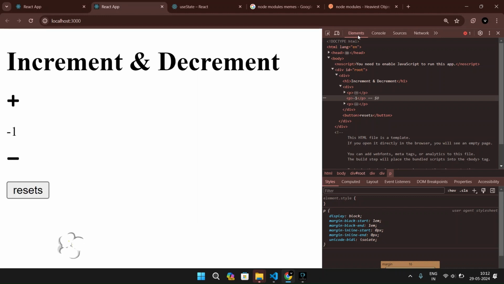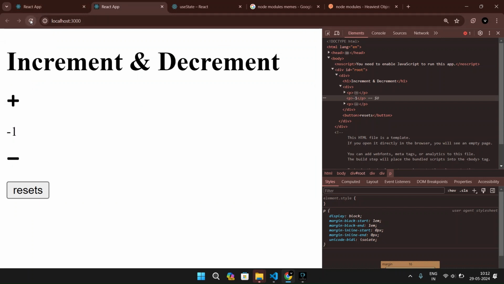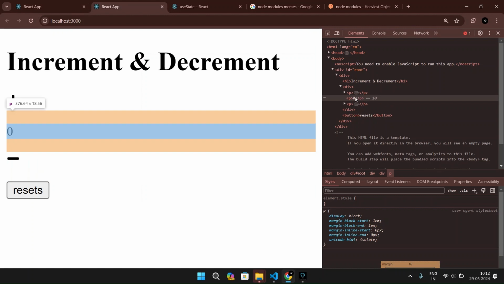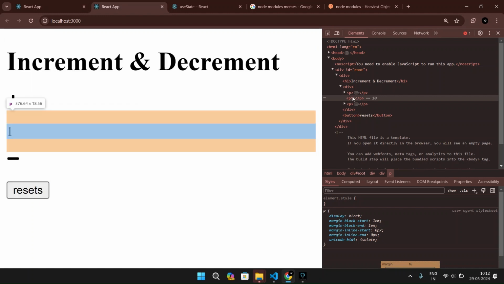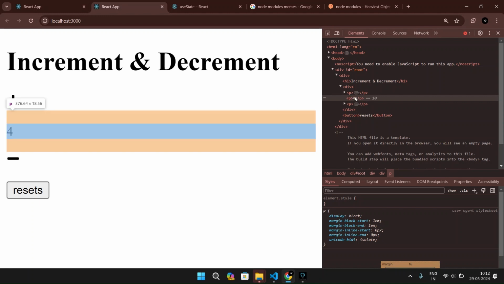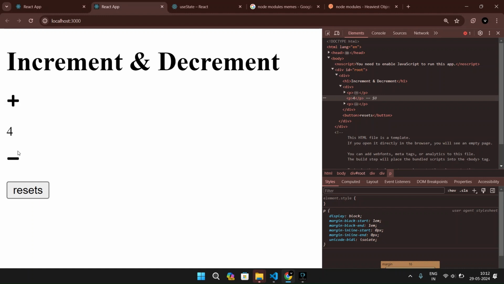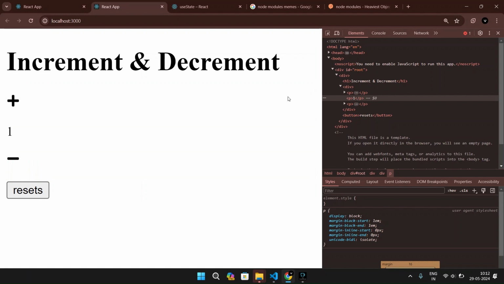So here in inspect element we have Elements, and in the paragraph we have the count. Let's refresh it, initially 0. I'll show you. It is here, you can see it, it is initially 0. Look at here. Now I'll click on plus, see it changed to 1. Here you see 1 2 3 4. In the paragraph the count is changing. When you click on minus, see it's changing 3 2 1. Watch carefully,